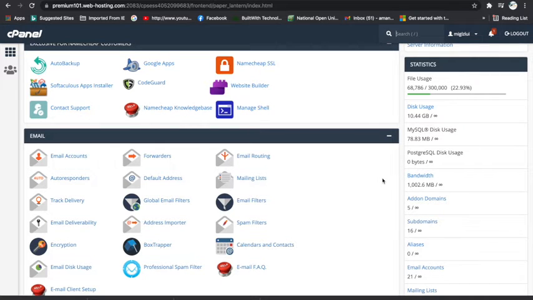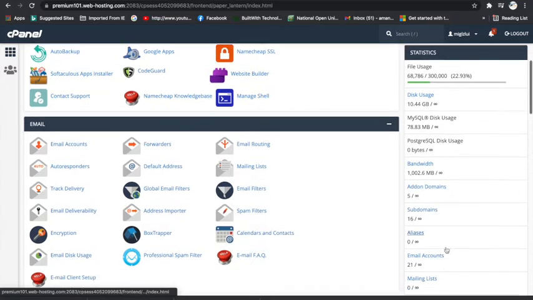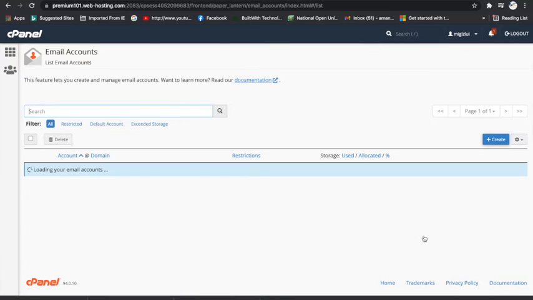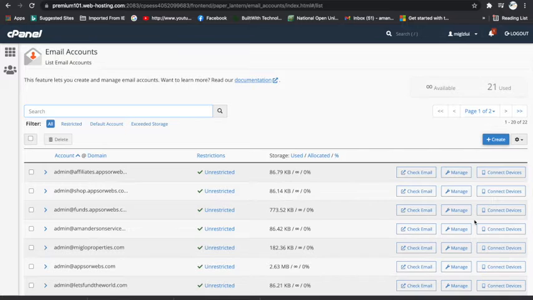So if you look at your right hand corner of your cPanel, you see the statistics, details and statistics of your cPanel's activities. You see this usage, bandwidth, add-on domain, third domain. You can see in details all the summaries. So click on email account here. It's an easier way and it's not confusing. It's straight way. Click on